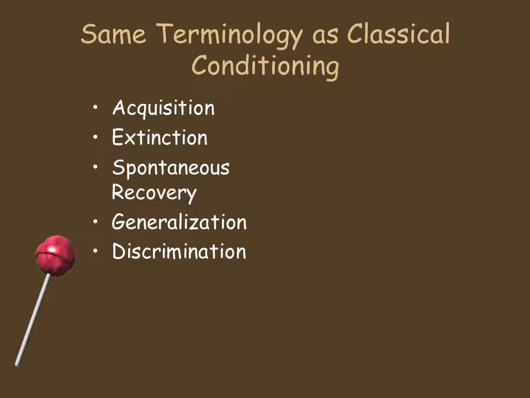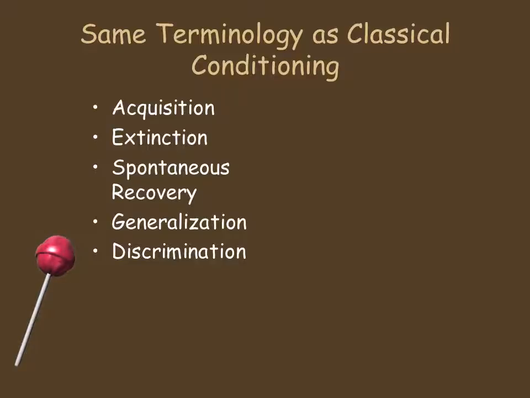Generalization is where you see similar items as a reward. Maybe it doesn't matter to you if you get 5 points, 10 points, or a lollipop. You still generalize that you're getting something. 5 points, 10 points, 20 points, they're still points, so you're going to do it. Maybe you're getting a lollipop or a Starburst or another piece of candy. It doesn't matter to you what it is, you're still going to do the behavior.